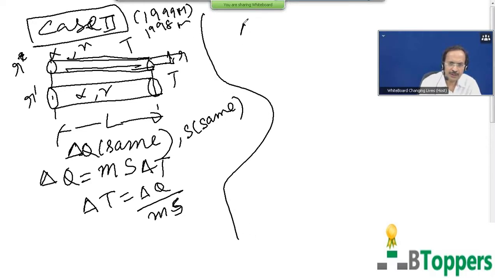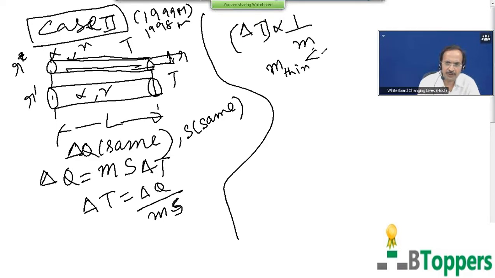So delta T is inversely related to the mass of the rod. That means the increase in temperature is more for the thin rod, which has smaller mass. So the mass of the thin rod will naturally be less than the mass of the thick rod,